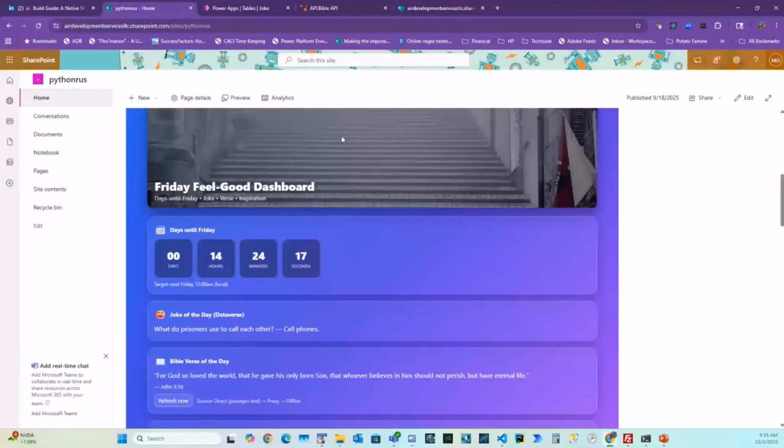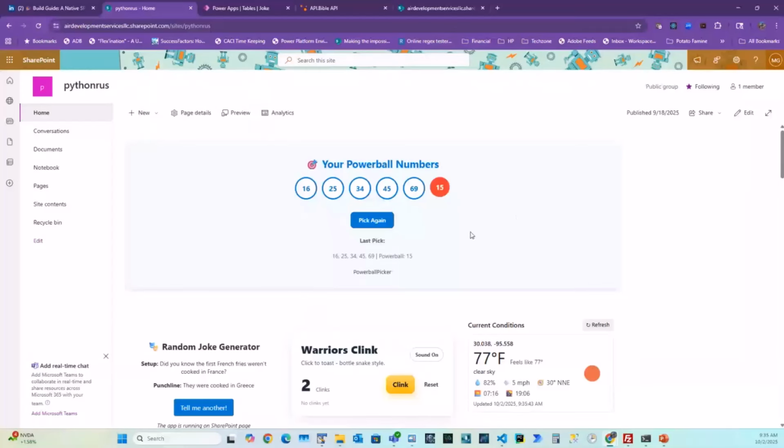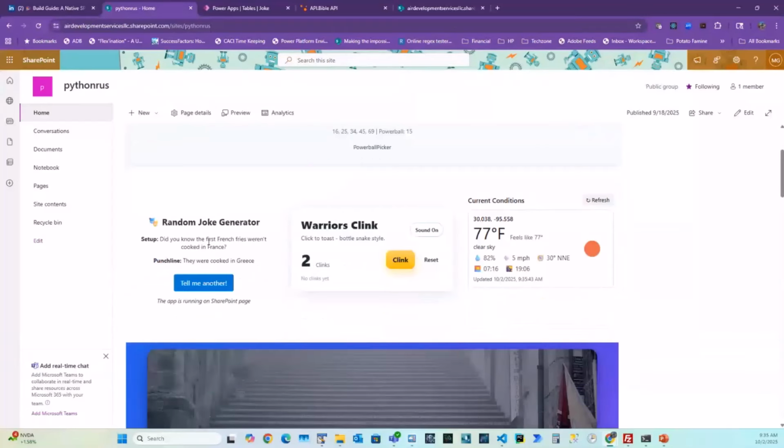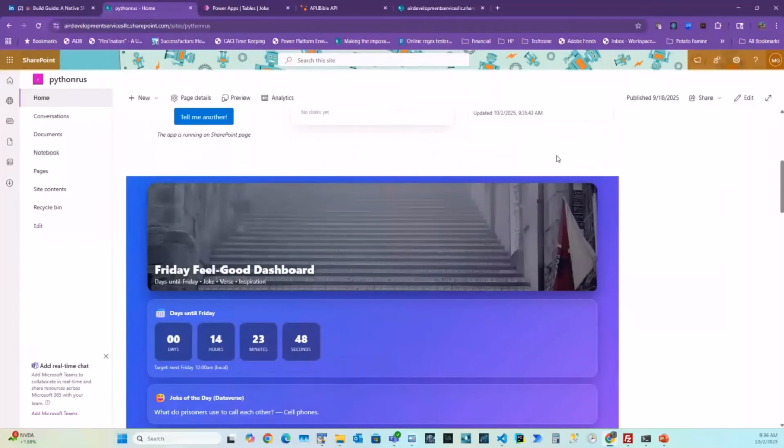Looks like here I've built some other web parts. Got a Powerball one, random joke generator. This connects to Dataverse, not SharePoint, Dataverse. I don't know if you ever watched the movie Warriors. I built a little SPFx web part that you can do stuff like that. Here's one that gives me the current weather conditions, and this updates dynamically so I can see what's going on